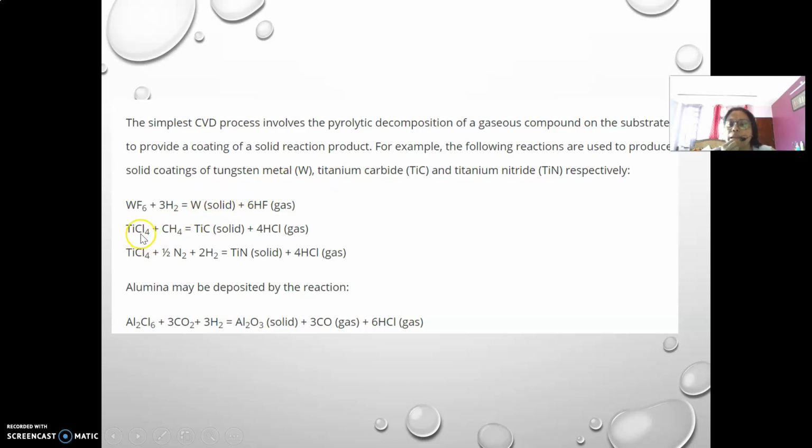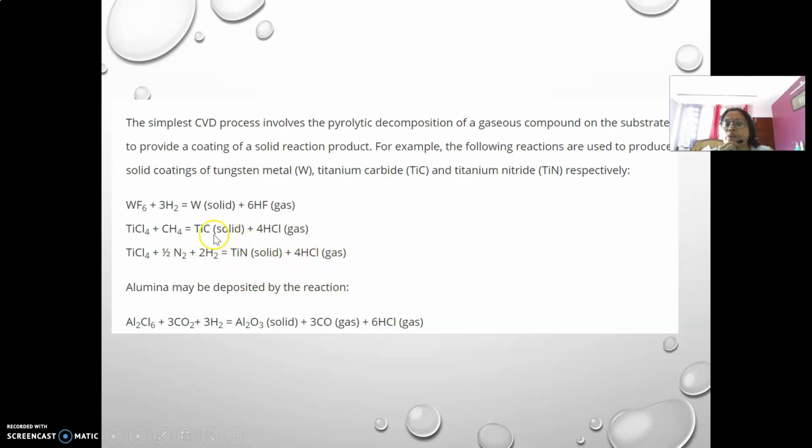Then we will take titanium tetrachloride and allow it to react with a hydrocarbon. For example, methane, resulting in the formation of titanium carbide. The other product, HCl gas, will be in the vapor phase, so it can be removed easily. This is a solid, this is a solid, both are in the atomic state. Then titanium trichloride in the presence of nitrogen and hydrogen gas will give rise to titanium nitride, again with a gas byproduct,